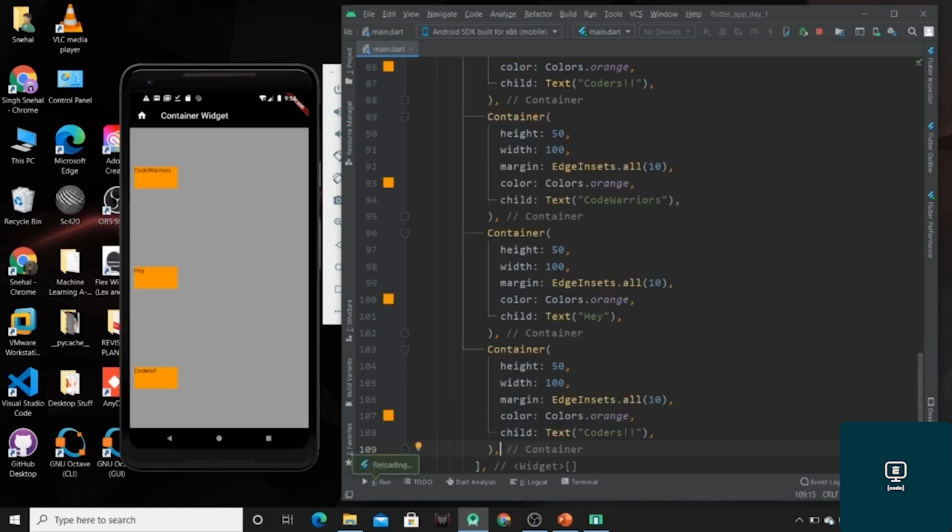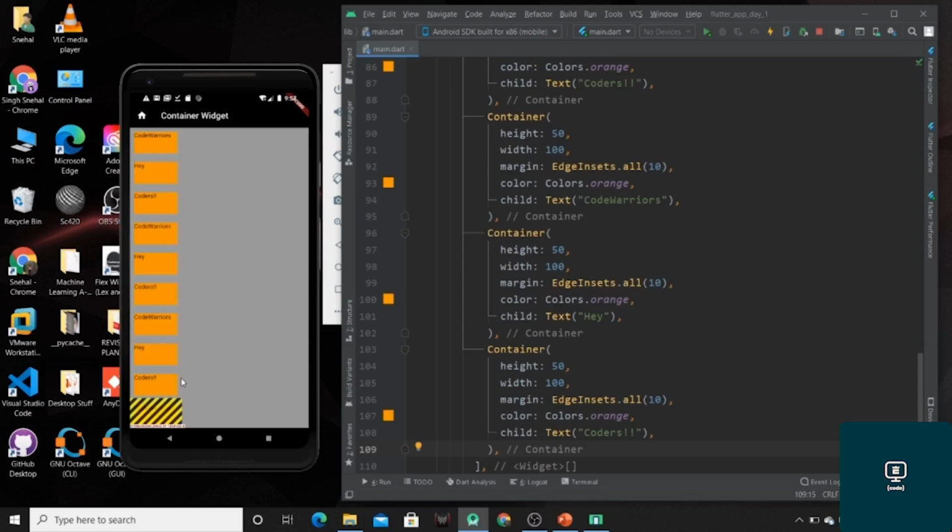So just hit Ctrl and S. Now you can also experience this type of error, showing that bottom overflowed by 145 pixels. That is, we are specifying so many children that they do not fit on a single page. So this is the drawback of the row widget, or we can say of the column widget.